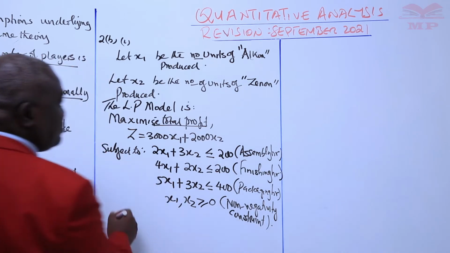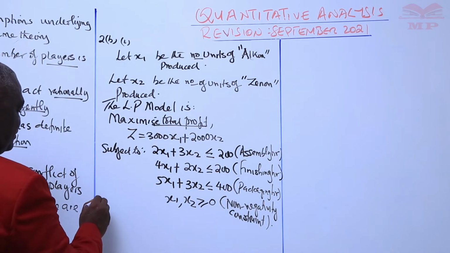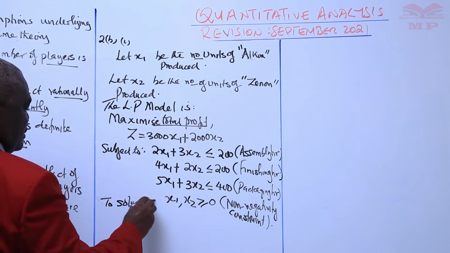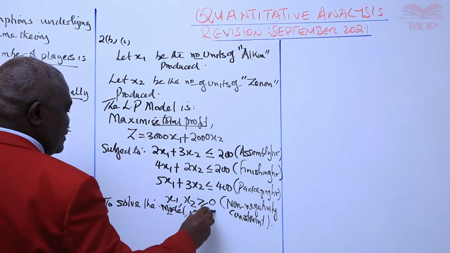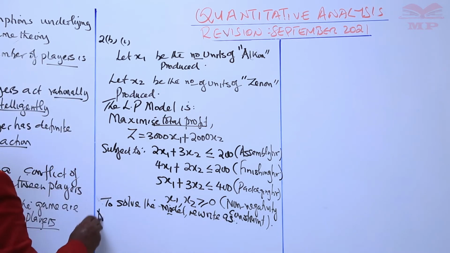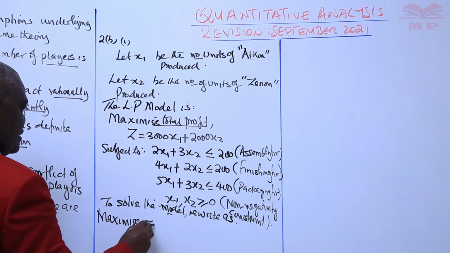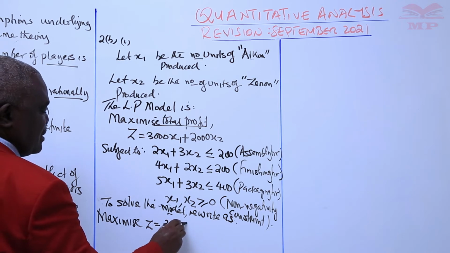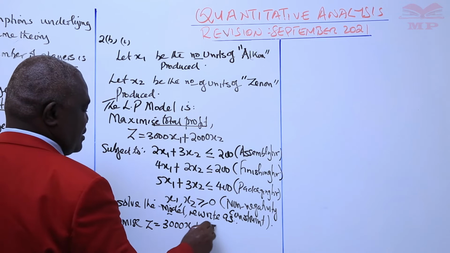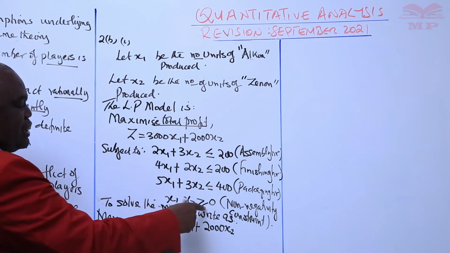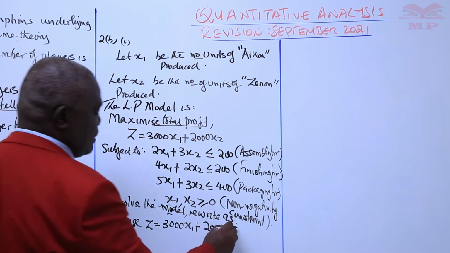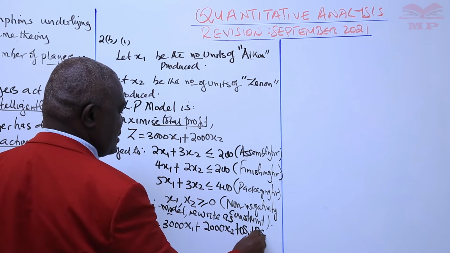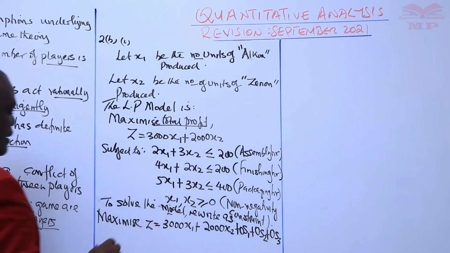So we say, to solve the equations, the model is rewritten as: maximize z equals 3000 x1 plus 2000 x2. How many inequalities do we have? We have 3 inequalities. Therefore, we have to have 3 slack variables to bring equations, plus now 0 s1 plus 0 s2 plus 0 s3. Subject to,